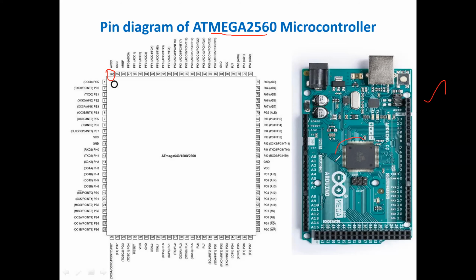So we have 100 pins which are all pinned out to the corresponding connections, and so we can access these particular pins for your applications. For example, since Atmega is connected to the Arduino board, we are taking that particular board and we are going to look into how many pins there are and how these pins are pinned out, so that we can interface to external applications, particularly external input or output devices.